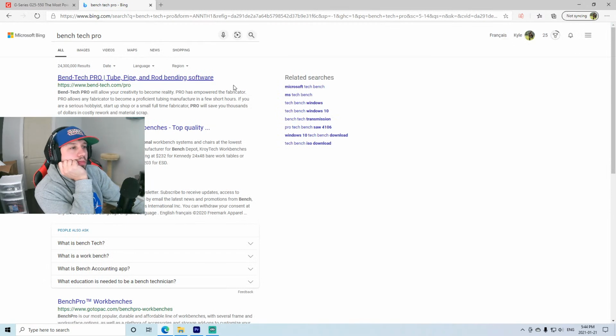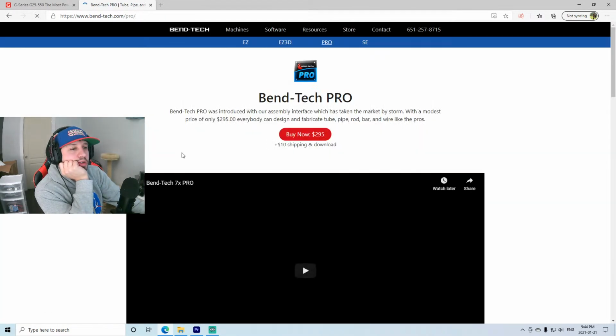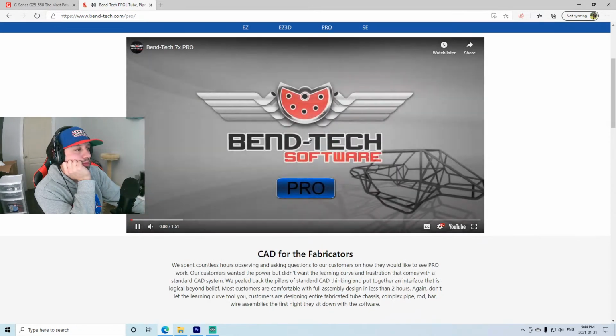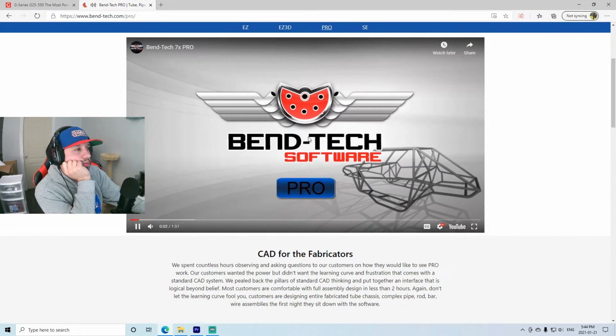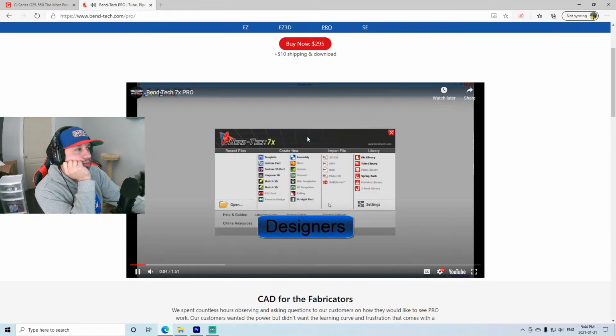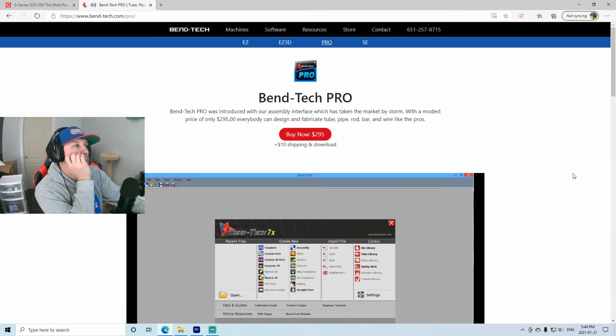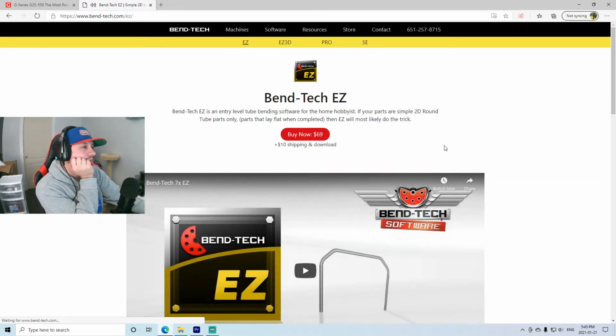Bench Tech Pro. Ben Tech Pro? Oh, sorry. These are the features and highlights of BenTech Pro. The Pro product contains everything available in EZ and EZ $300 though, but with even more additions. Use of the assembly designer and the ability to add all modules with the exception of SW and handrail are some very distinct advantages. Compared to the 6 bends that are